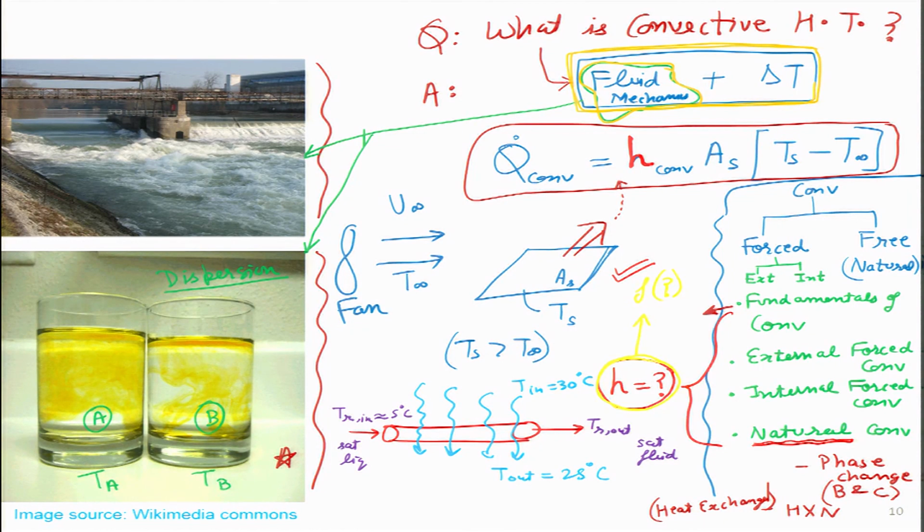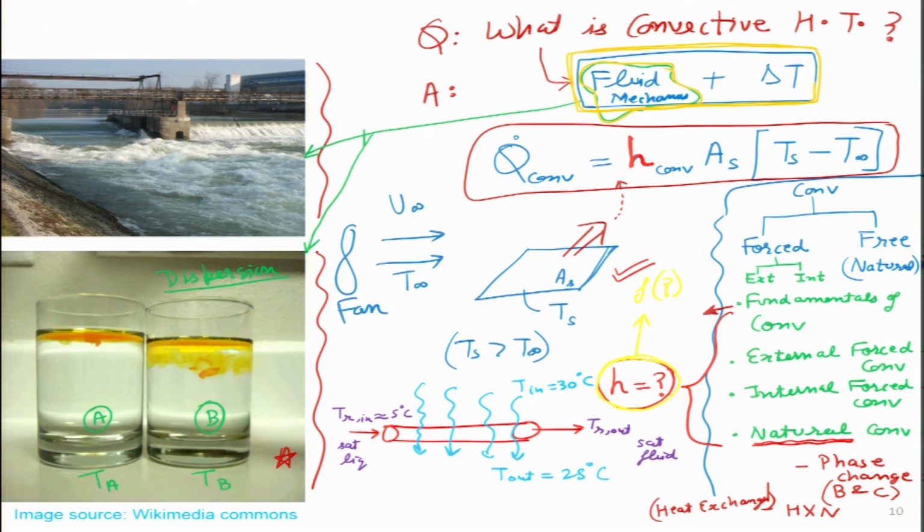The same thing we can experience in our teacup as well. If I take a spoon and I stir a certain portion of the teacup and then just leave it like that, the momentum that I have given actually diffuses all across the cup, so that the whole fluid attains a slightly lower velocity, but everything is then moving over there, then the momentum has diffused. And in this animation that we are seeing over here, it is actually the species, in the sense that we have added some yellow dye, because if you see, at the time it was being added, both the glasses A and B were totally transparent.